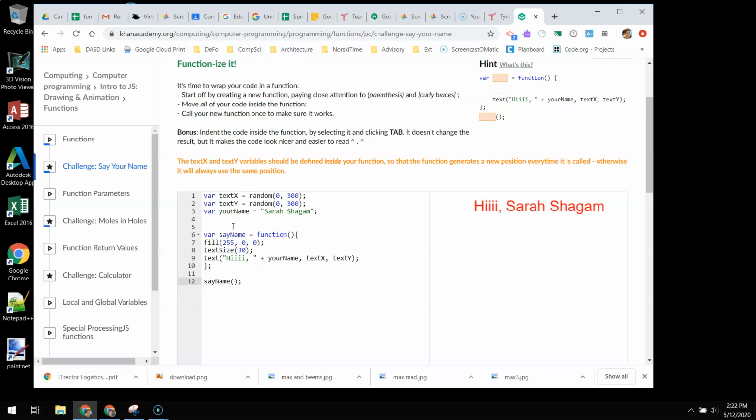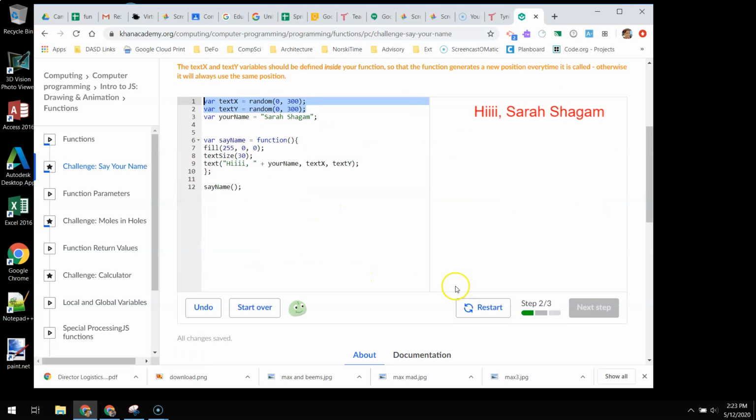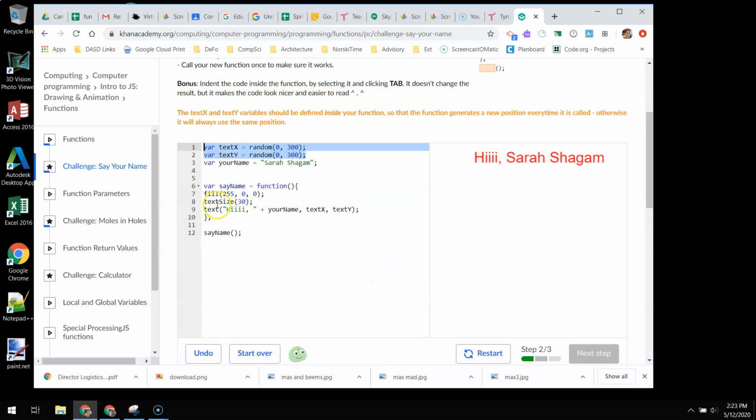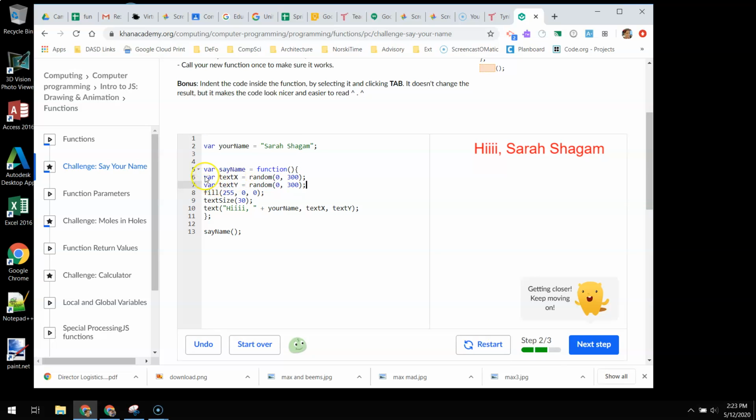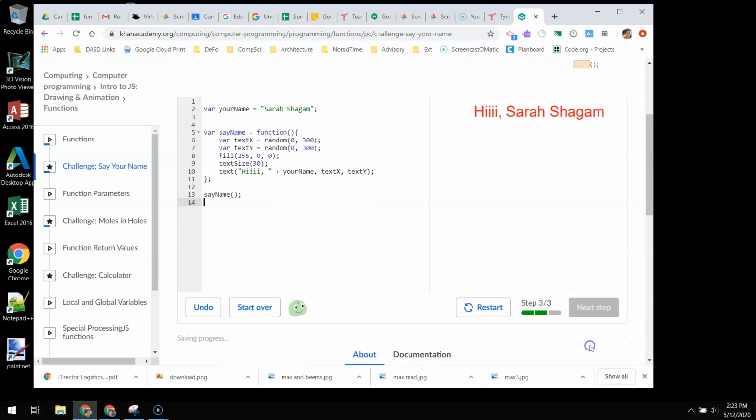Now, they're going to tell us right here that because we want these to be random each time, we're going to have to shove them inside of this function. So I'm going to grab these two and drag them into this function. I'm going to tab in because I'm picky. And now I'm going to say this multiple times. So sayName,